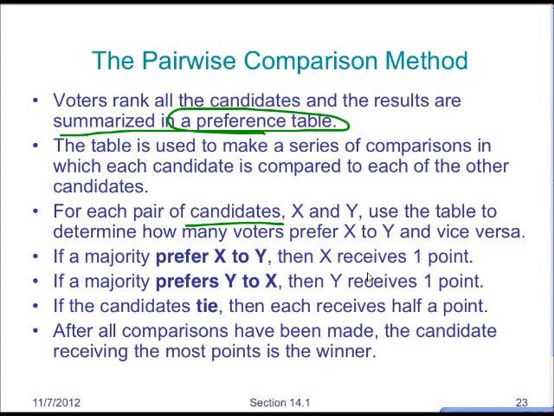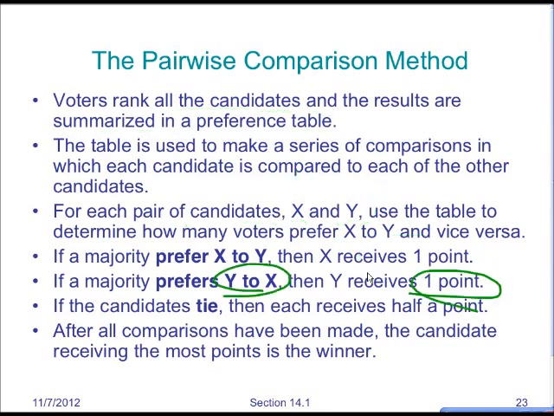If one candidate is preferred over the other candidate on a ballot, then they are going to receive 1 point. So let's suppose X is preferred. If X is preferred, X receives 1 point. If Y is preferred, Y receives 1 point. If there's a tie, they each get half a point. Once we're done with all the comparisons, we total up the number of points, and whoever has the most points